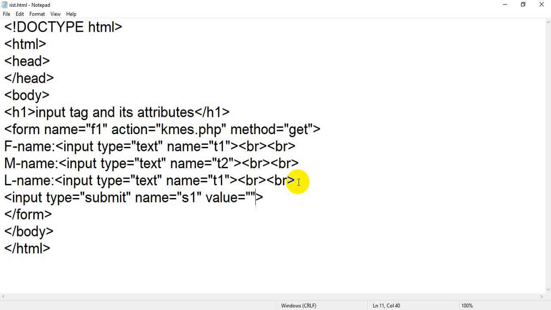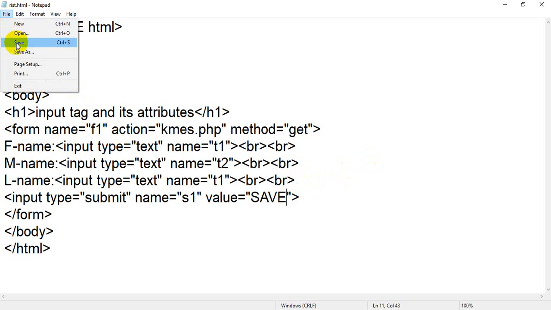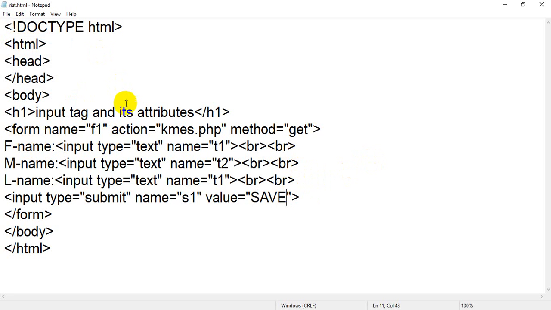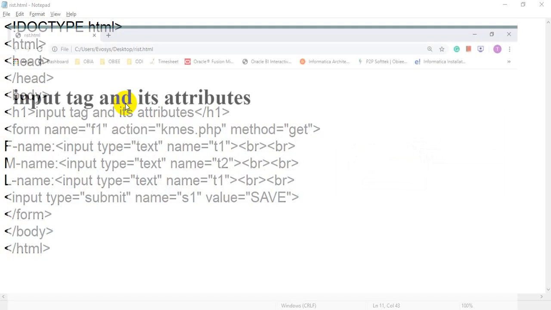It will display the text or label on the button. So value equal to submit, or you can say value equal to save. You can write any value. Right now I have just inserted these four lines of code. Each thing we have already discussed. Till now we have not used what we are going to learn today. These are from the previous lecture. Flip back to your browser, just refresh the file.